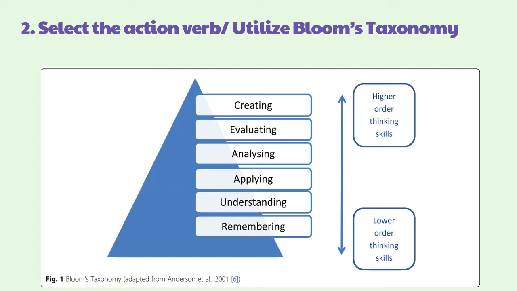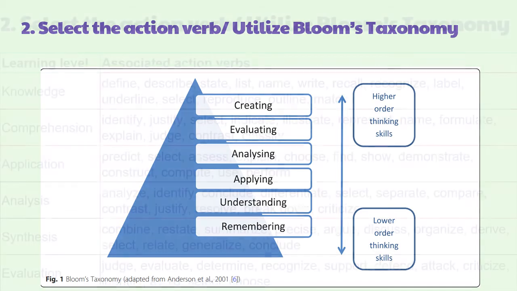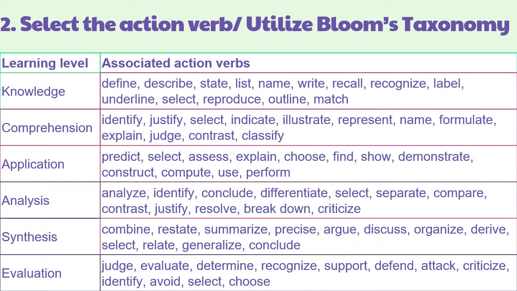This is a modified taxonomy. Try to use the higher order levels. And these are all of the cognitive domain of Bloom's taxonomy. For each of these levels, there are certain action verbs that can be used. For example,